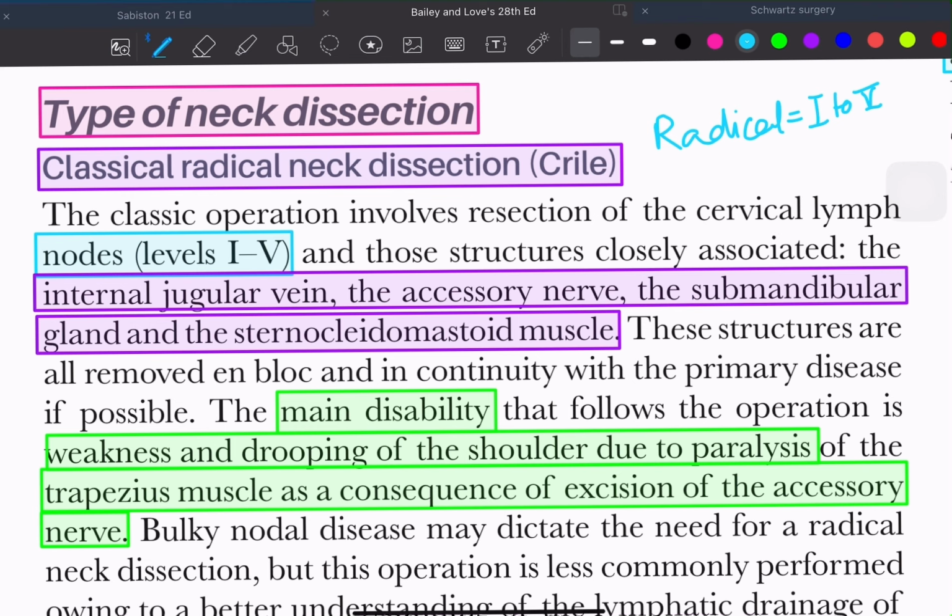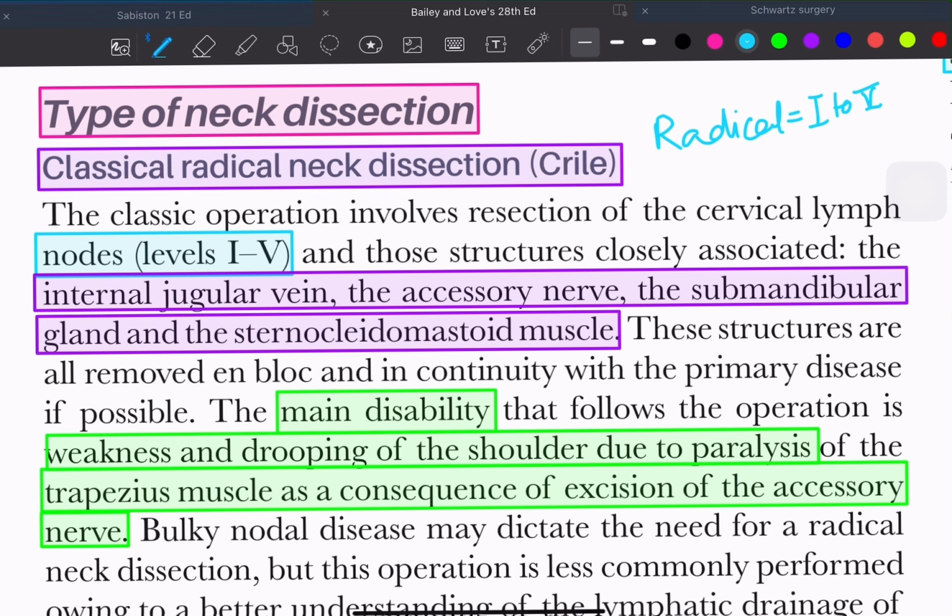The first one is classical radical neck dissection. This is also known as Crile, because it was given by Crile. So we have to remember which groups of lymph nodes are removed and which structures are removed. Whenever you say neck, just imagine the neck. Typically lymph node levels 1 to 5 stay in the neck, and level 6 is the anterior group of lymph nodes and 7 is mediastinal. So leave these two groups of lymph nodes. Any type of neck dissection you will remove